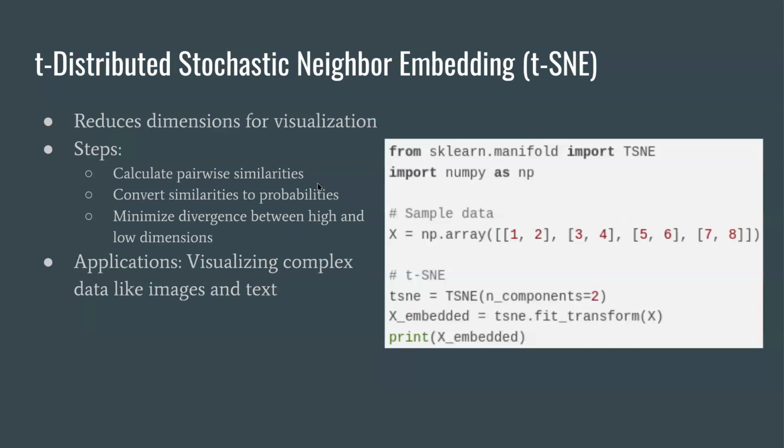So the algorithm works by calculating pairwise similarities and converting them to probabilities, then minimizing the divergence between the high dimensional and low dimensional representations. So t-distributed stochastic neighbor embedding is commonly used to visualize complex data like images and text in 2 or 3 dimensions. And we're going to go more in detail on this in a later lecture, but just to give you